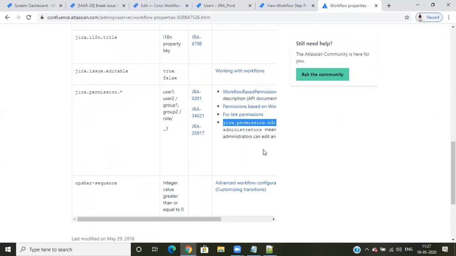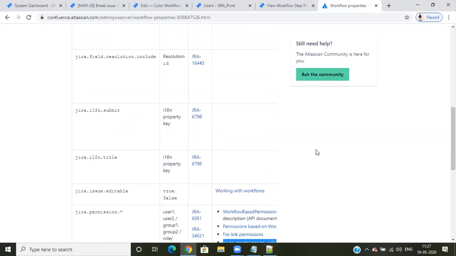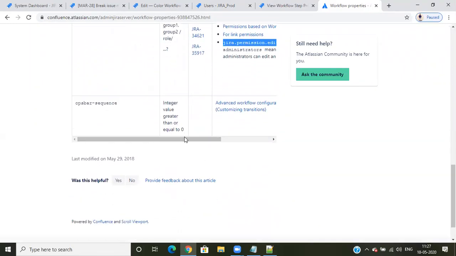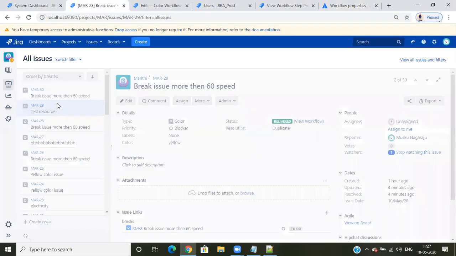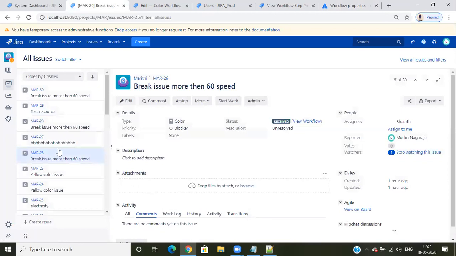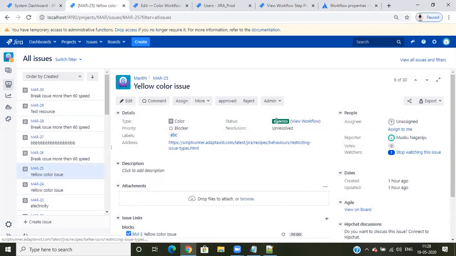This option will not come in many places. How the sequence works: suppose when I have an open status, first approve is coming, next reject is coming.